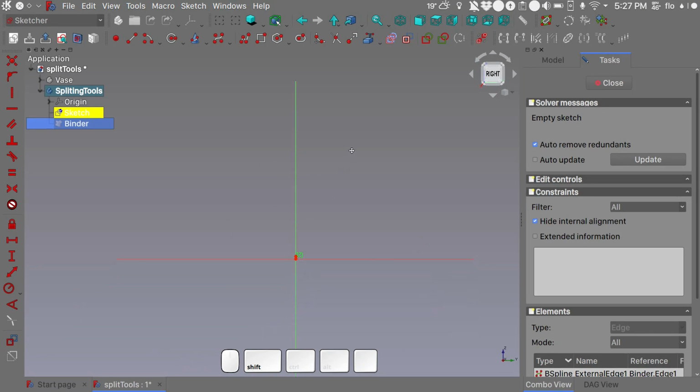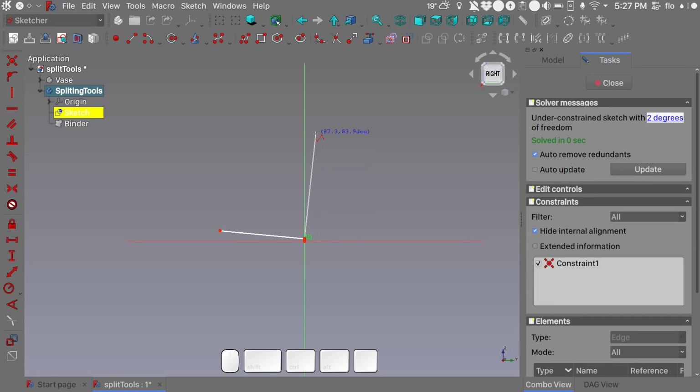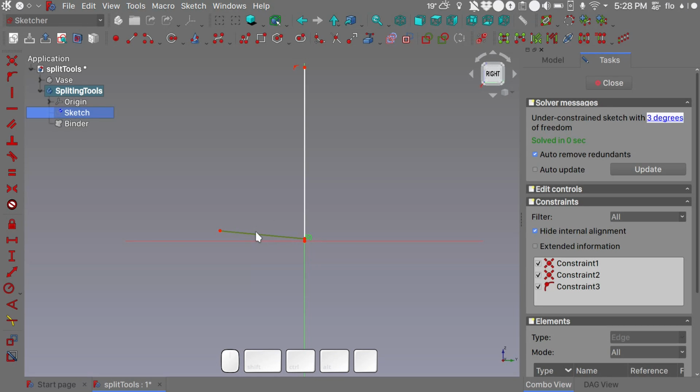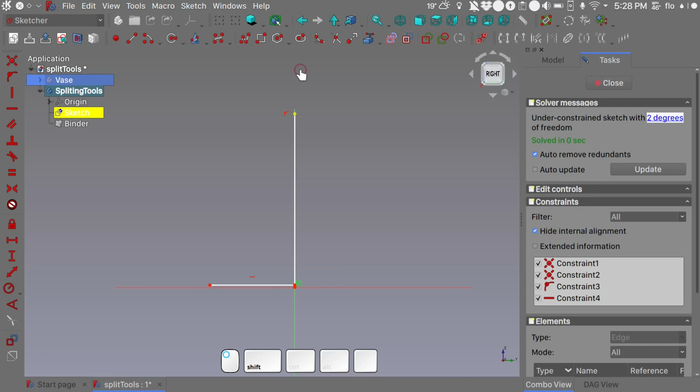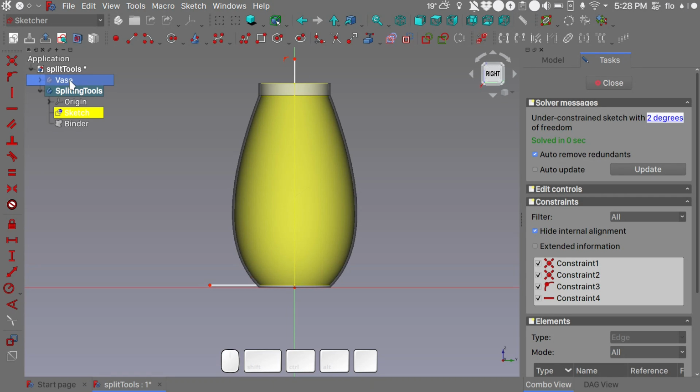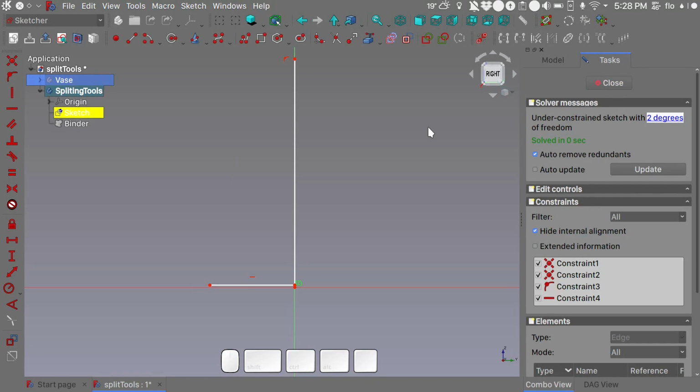Let's go ahead to switch to our side view, use a polyline. Let's try to hit this vertex, vertical line. Click on the first line, H for horizontal, and what we essentially need is to have some lines that will cut our vase entirely. Okay, so now we're pretty much done. Let's close this sketch,